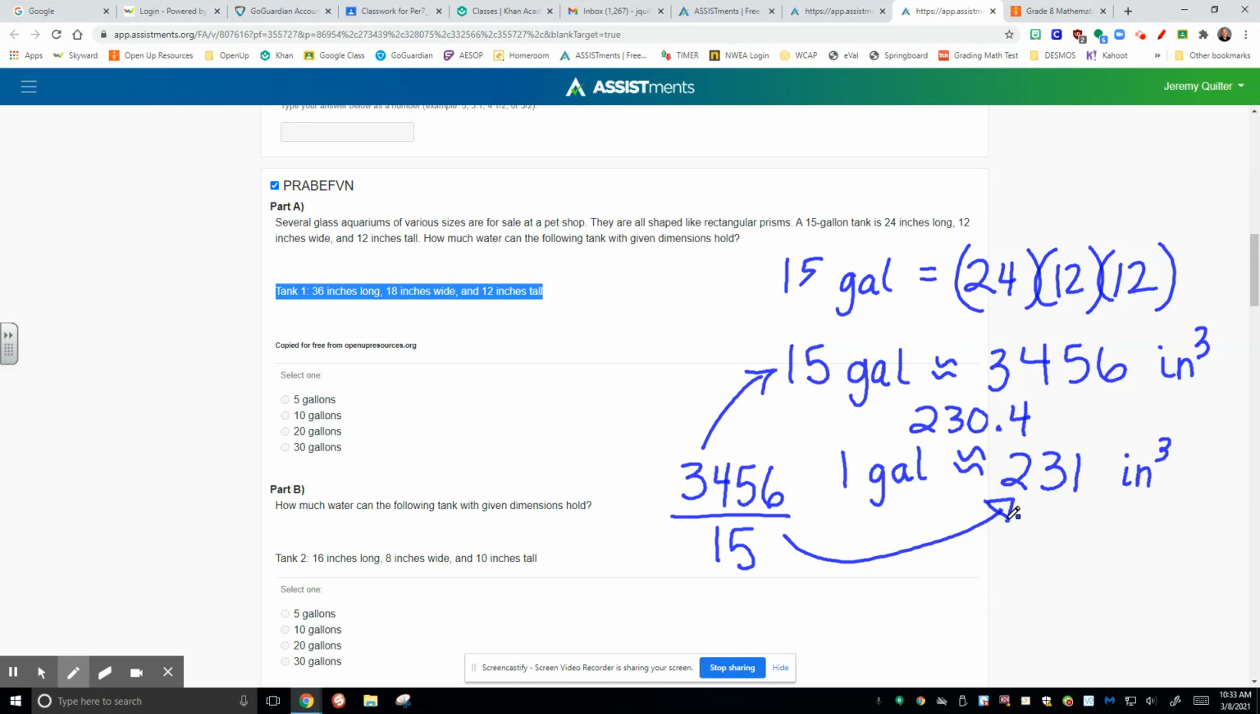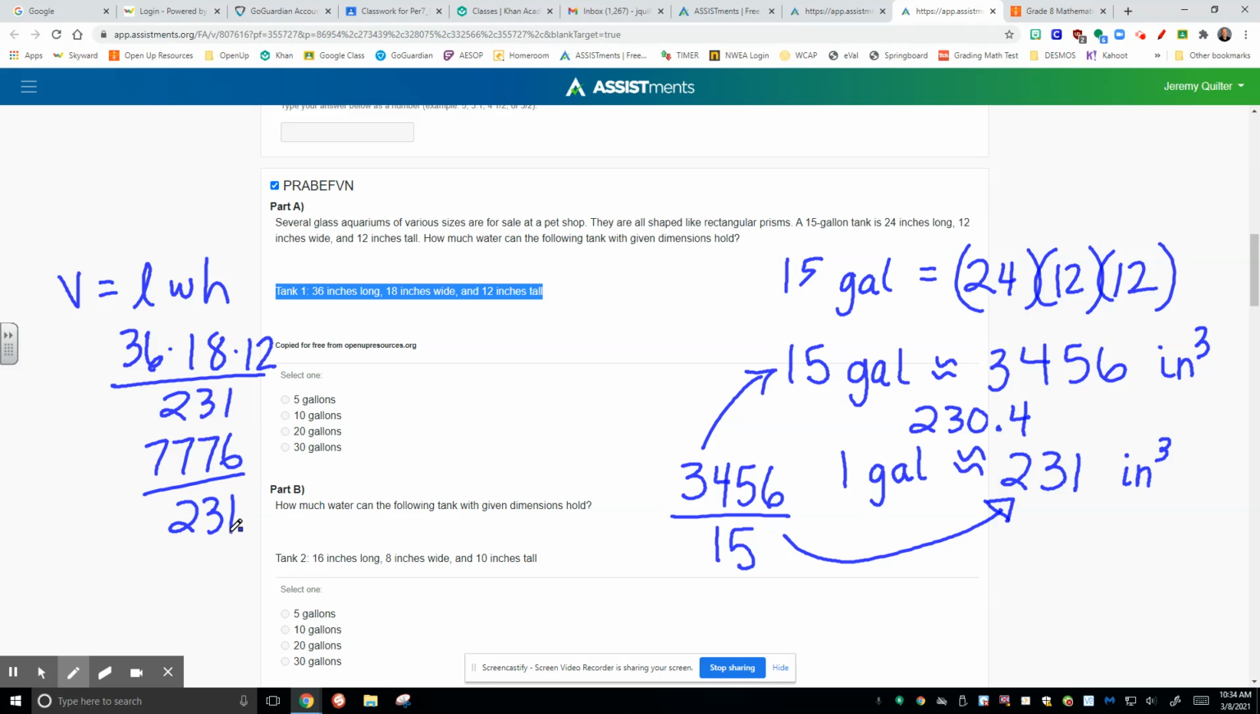With that in mind, now I need to start working with the tank that's 36 inches long. The total volume is equal to length times width times height, as we should be familiar with for rectangular prisms. So we end up with 36 times 18 times 12, and remember, we're going to divide that by 231. So 36 times 18 times 12 is 7,776, divided by 231 is approximately